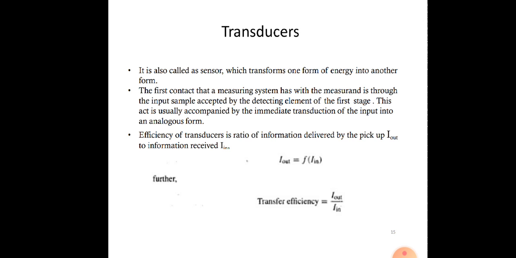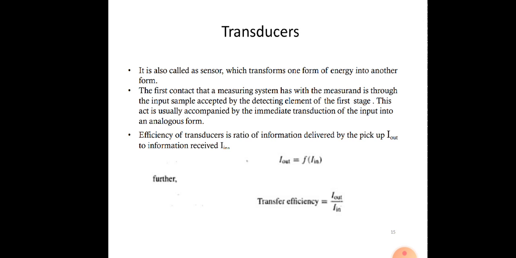Usually in any mechanical or electrical device, the transducer will receive the information, or the signal, from the device which is being measured, which is called the measure end. The measure end is the material used for measuring, from which we are receiving the signal, and that signal will be taken as an input signal to the transducer, and that input signal will be converted into another form.